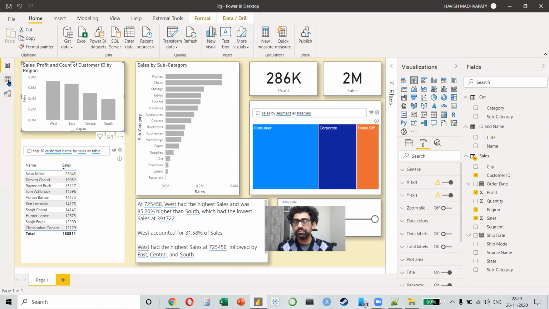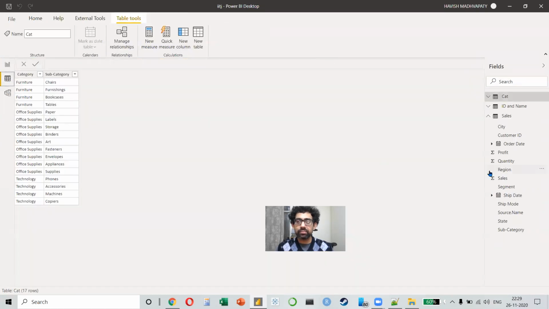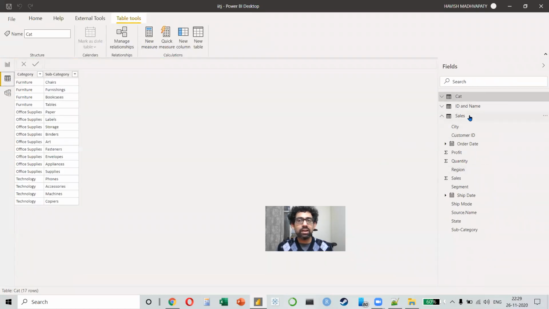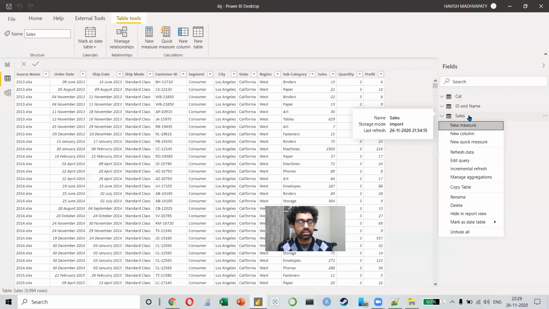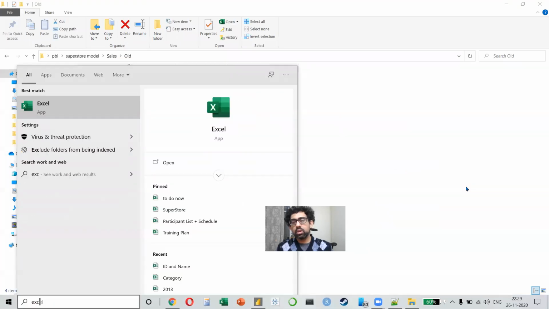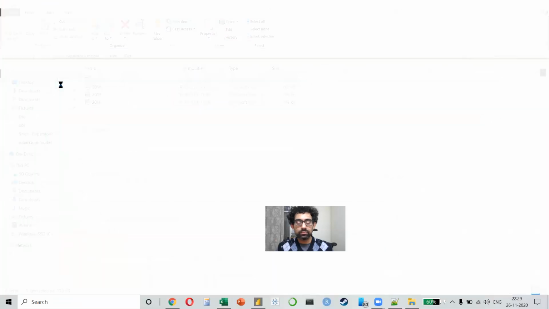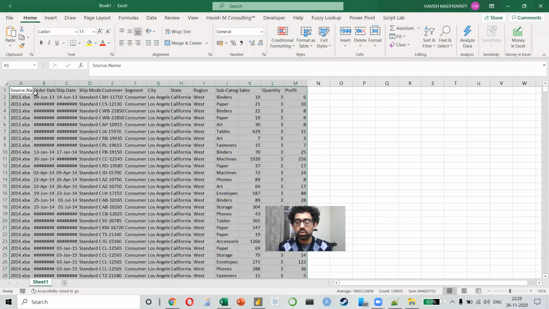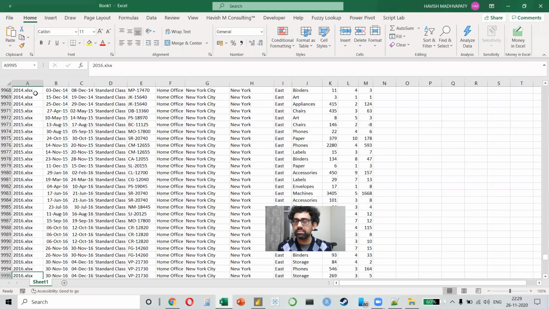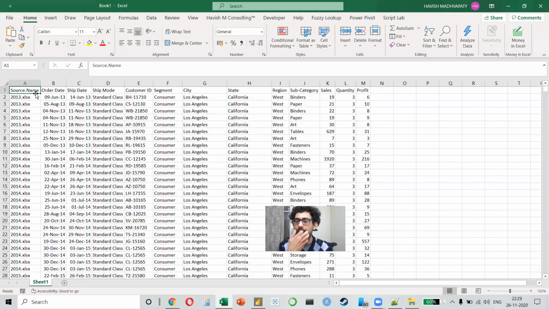You can go to data. And here, you have the sales data here. You can simply right click, copy the table, open a blank Excel file and then paste it. That's all. And now you notice we have 13, 14, 15, 16 together like this. Okay. I mean, you don't need to do this because in any case, even Excel has the Power Query option. So you don't have to do it, but it's good to know that this also works.